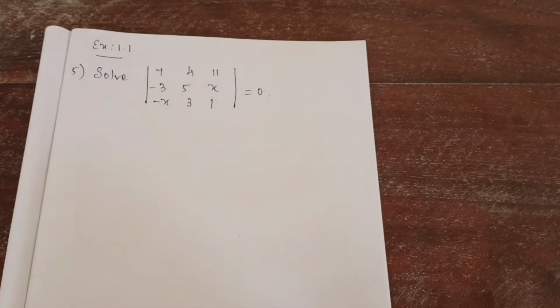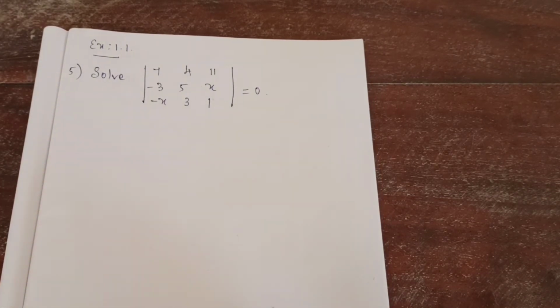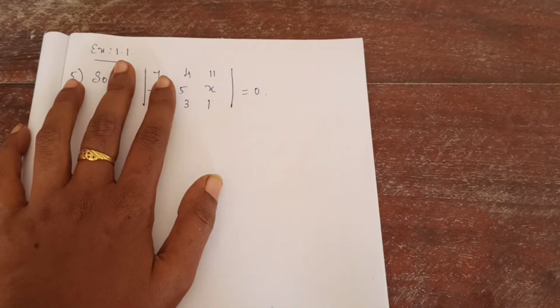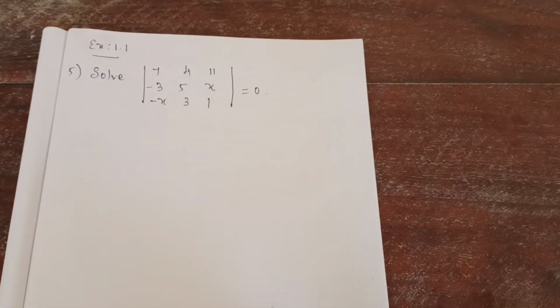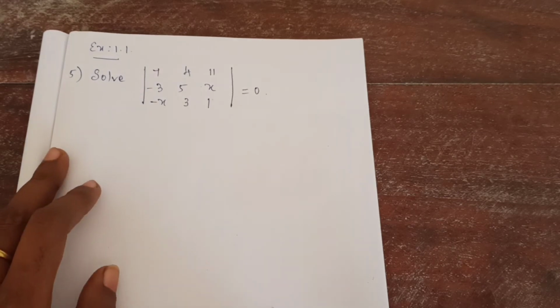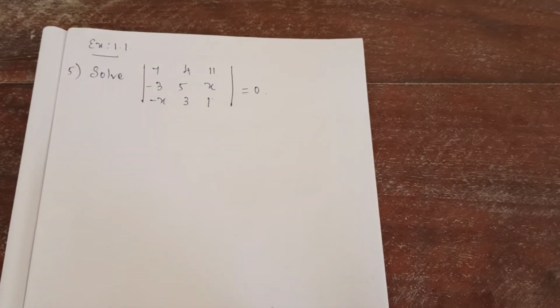Okay, first section, examples, everything over. Let's move to the exercise. Exercise 1.1, problem numbers 1 and 2, already I gave as homework for you. Then similarly, your home assignment is 3 and 4 to practice. Okay, third problem and fourth problem. Just I am explaining, the third question is simply solve. Okay, same as this problem. Then the fourth question is find determinant AB.